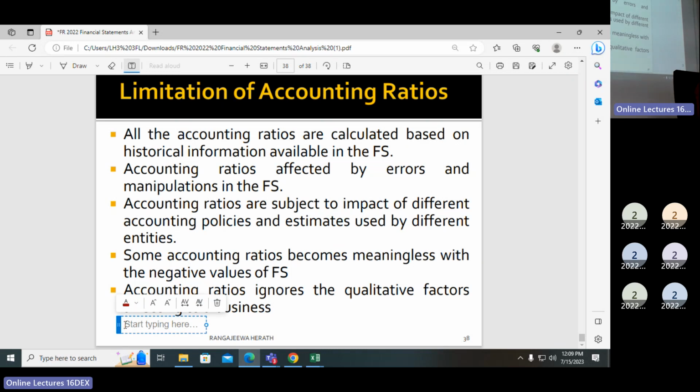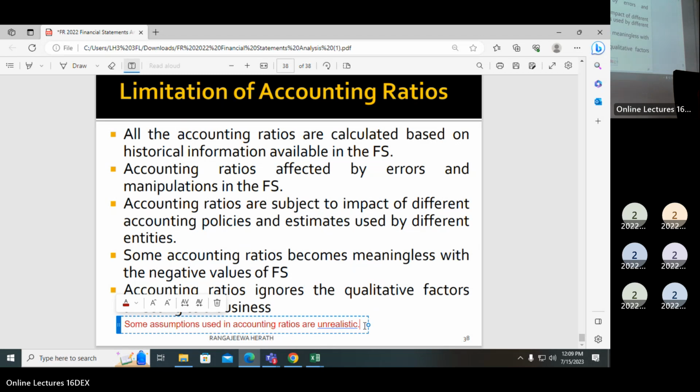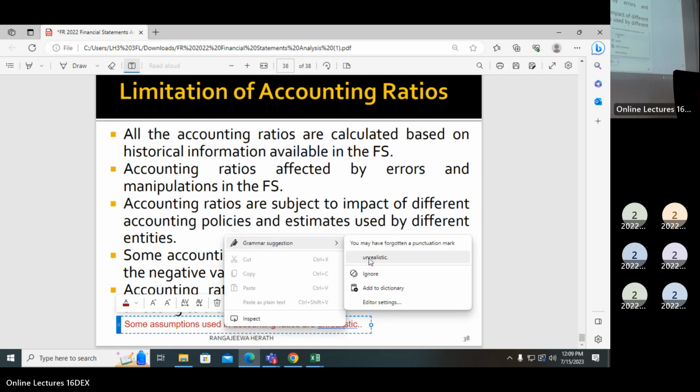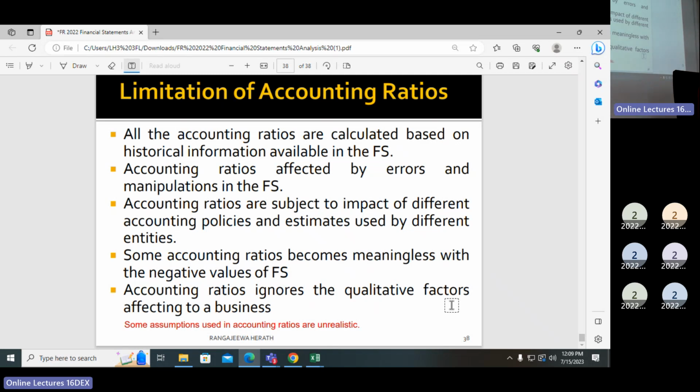මම තව එකක් add කරගන්න පුළුවන් අපිට. Some assumptions used in accounting ratios are unrealistic. Some ratios used in accounting ratios unrealistic. Then අපි මතකනේ අපි ගත්තා